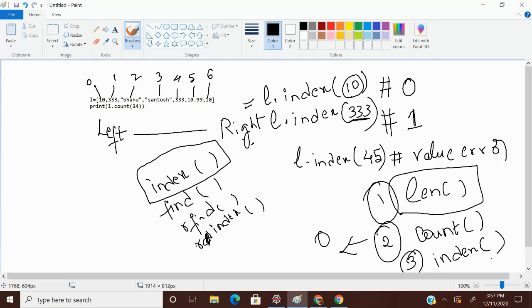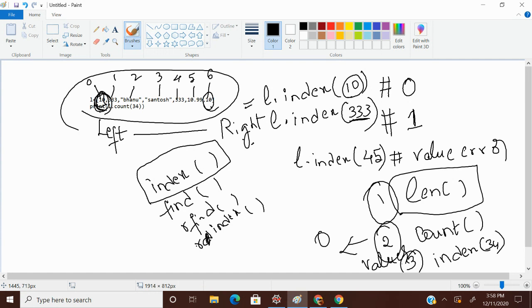Here we have a 10 that occurred two times, at index position 0 and index position 6, so it returns 0 as our output. If the specified value, here I'm trying to provide 34, is not present in this list, it returns a value error.